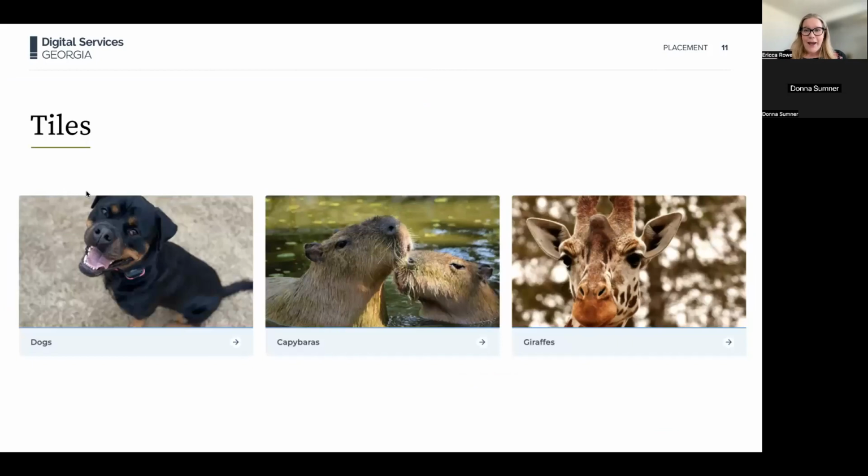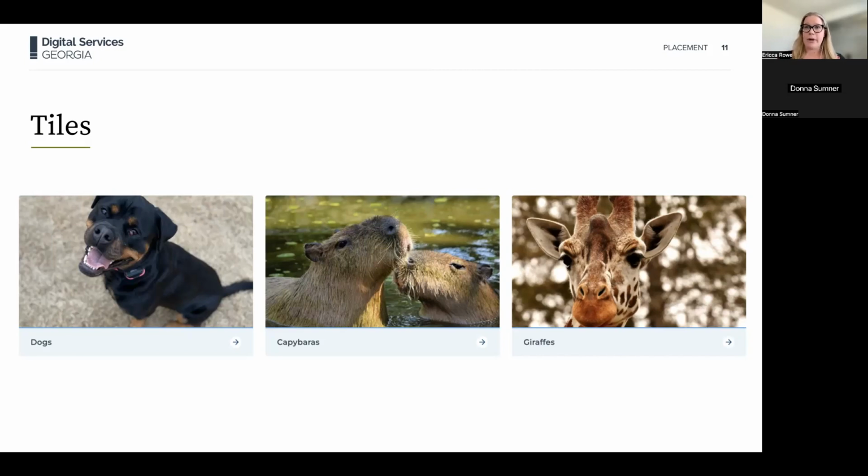So next, I'm going to cover tiles. I will say tiles are a little bit tricky for me sometimes just because of how they crop and how they lay out. But I have a few tips and tricks that I can share. Tiles use a 4:3 aspect ratio. We do currently have a bit of an issue where they display it as 16:9. So it's best to approximate that 4:3 aspect ratio before you upload,